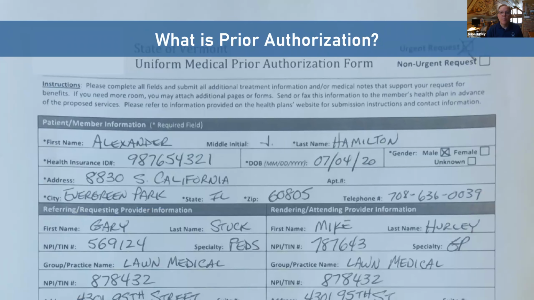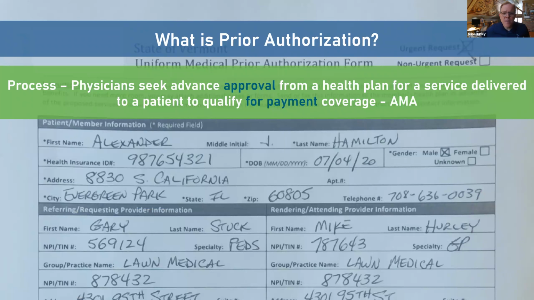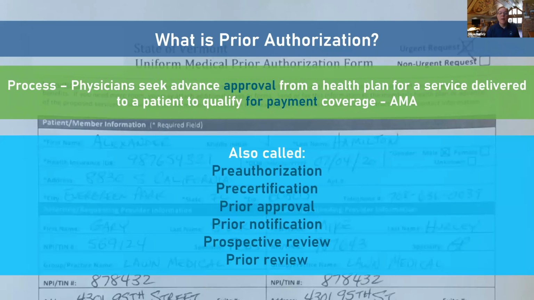What is prior authorization? Prior authorization is a healthcare-based process. It's a process used by physicians and other providers who want to get paid, and they need to get approval ahead of time for prescriptions or for a procedure by a health plan. So typically they're filling out a form and maybe some medical information behind it, some medical records, some clinical information. By the way, you see a form in the background there, Alexander Hamilton. This, of course, is not a real form. There's no PHI in this presentation whatsoever, so you don't have to worry about that.